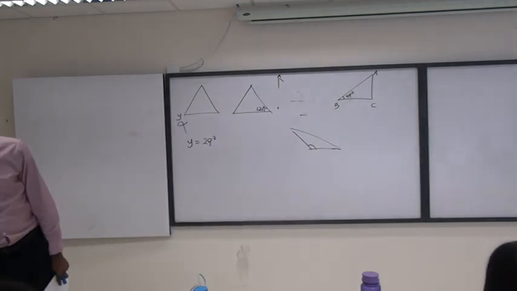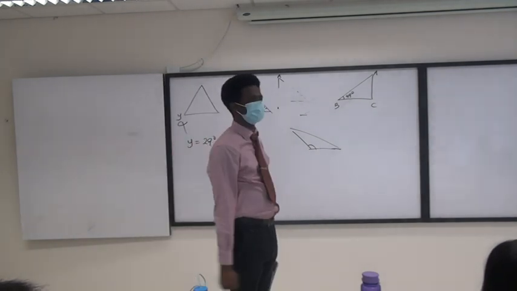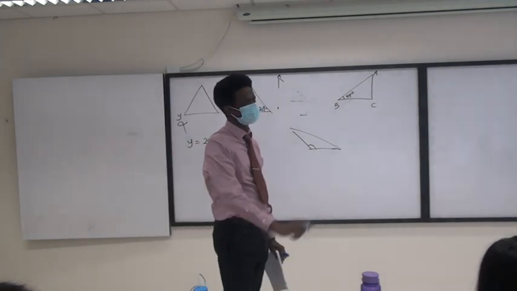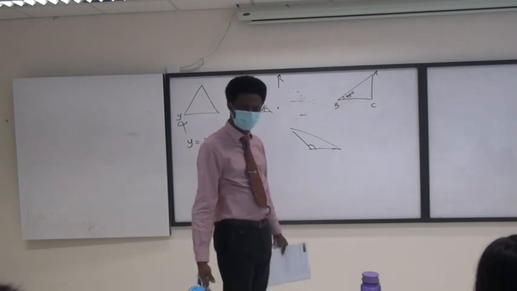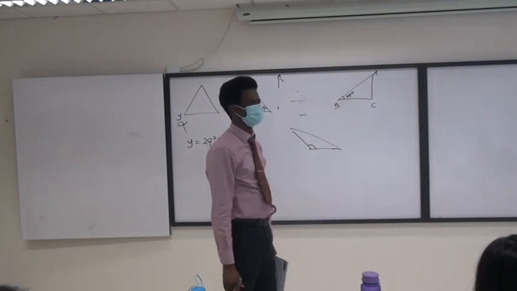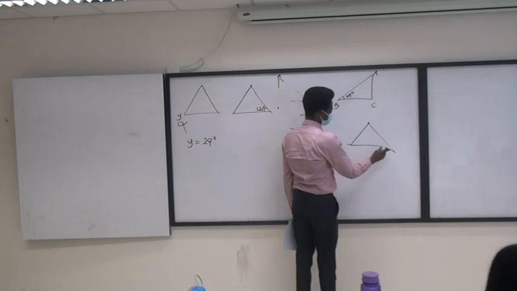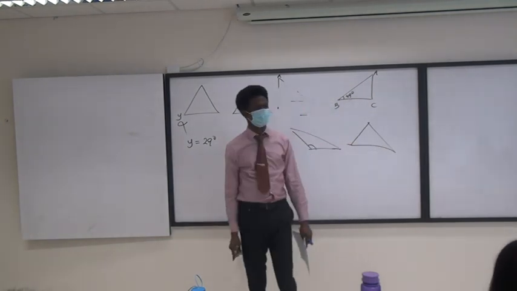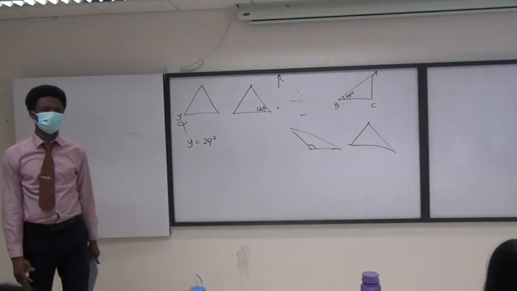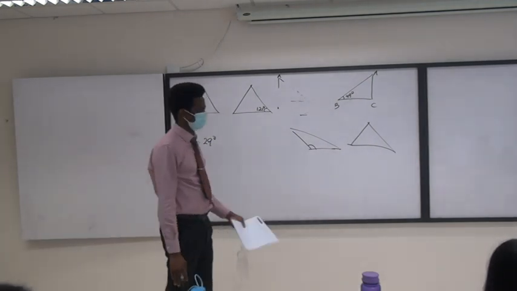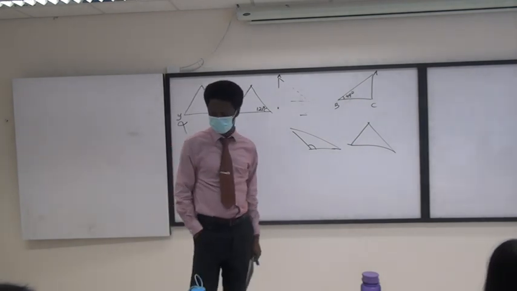Yes, Jovino? Because it's a right angle triangle. Nobody says a right angle triangle. Why are you drawing a right angle triangle? About 2 or 3 people did that too. Nothing in the question says the right angle triangle. So why are you drawing right angle triangle? I only give full marks for anyone that drew something like this for that 49 degree question. We never said it's a right angle triangle. So why are you assuming it's a right angle triangle? Okay? So, I think the last thing I would like to mention